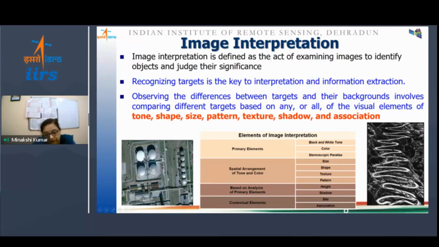Now there are some green colors also here. There is some green color also here. So that means we are talking about the color or the tone, right? And